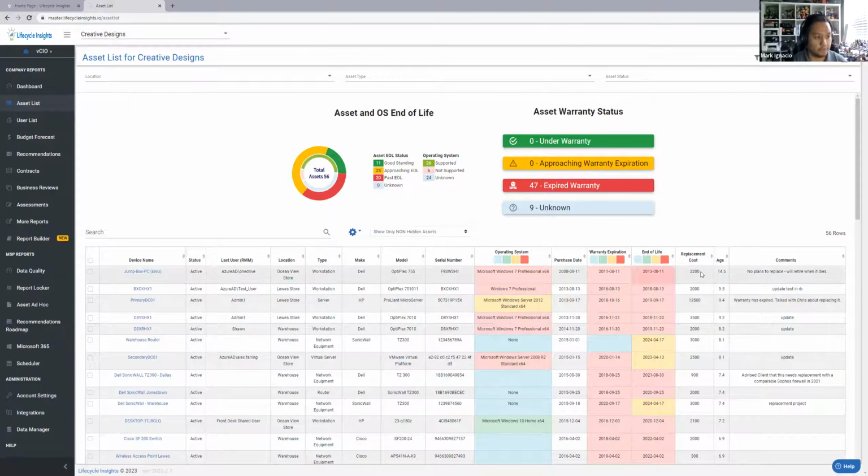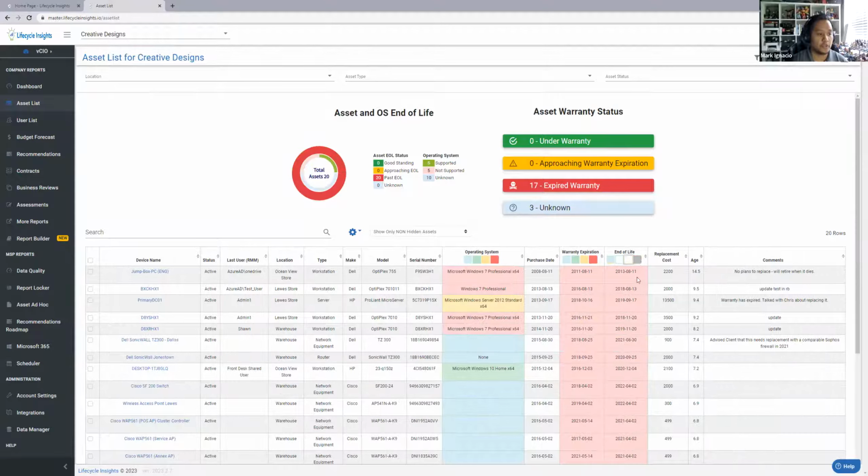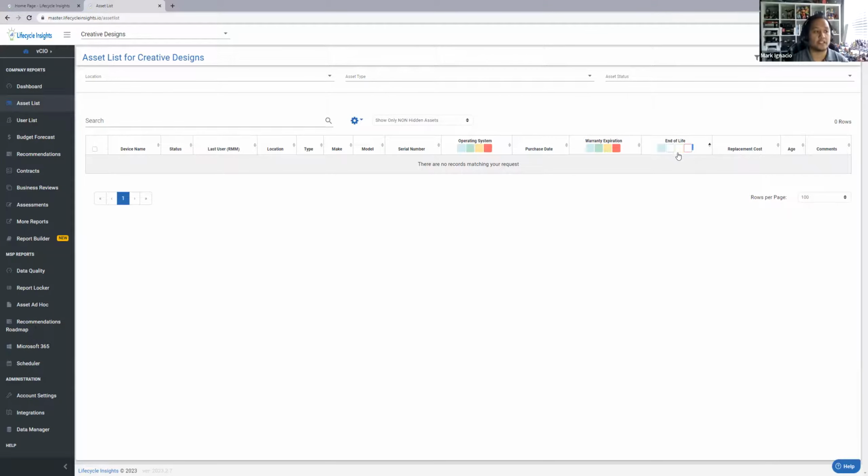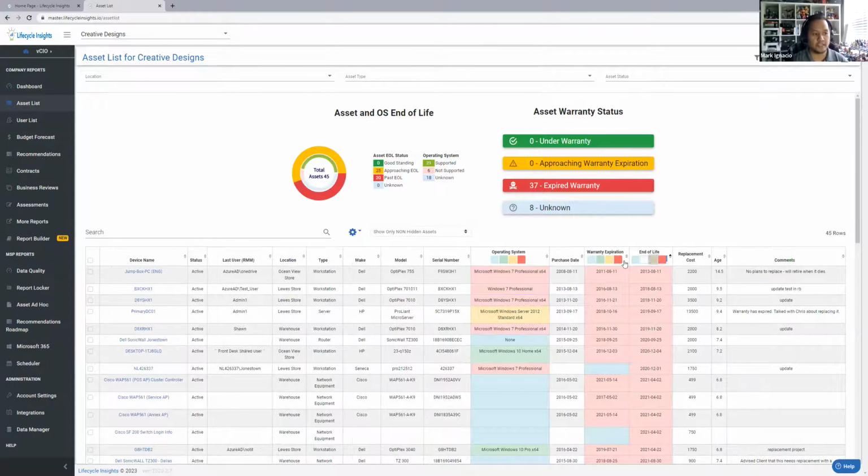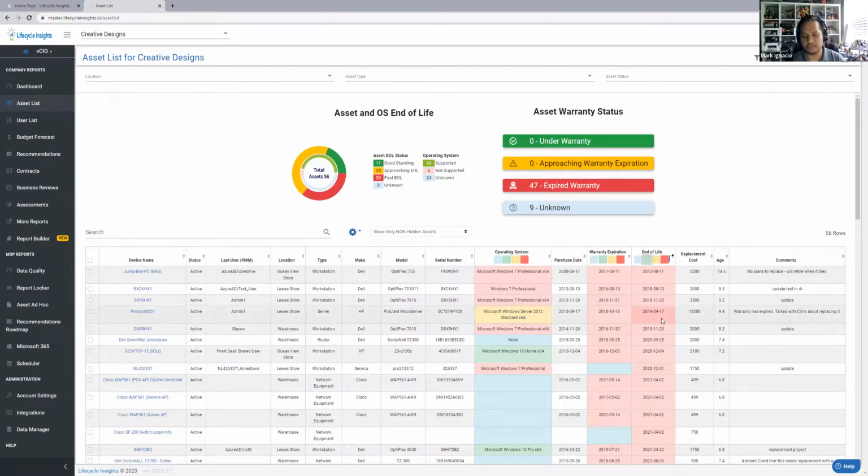So these 2 right here. And from here, if you've done the asset cleanup already, there should be no blue, or if there is blue right here, it's probably firewalls, and those you can set up as far as end of life with a contract or a recommendation for those firewalls and network equipment.